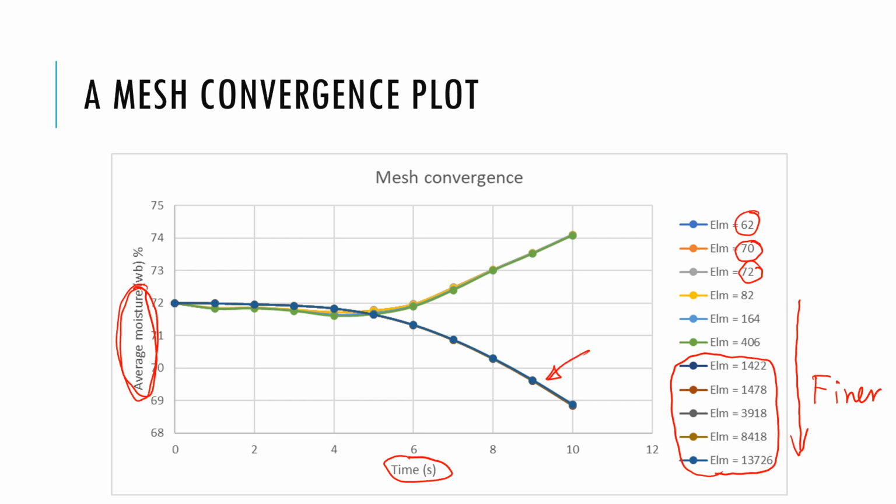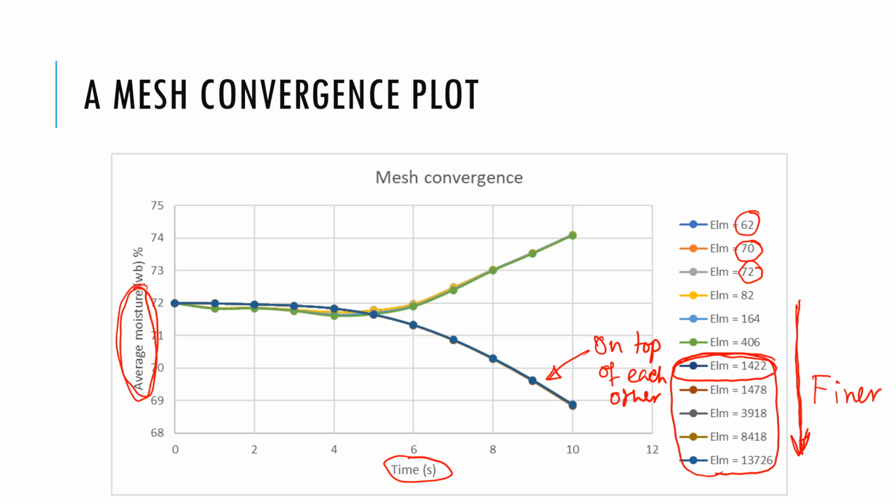That means by going finer and finer mesh, I'm not getting any better results. However, it's going to cost us more in terms of computing time and resources. So that's why we end up deciding whichever one is the least number of elements that gives a result that